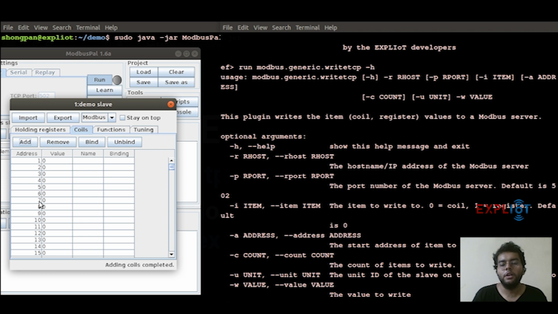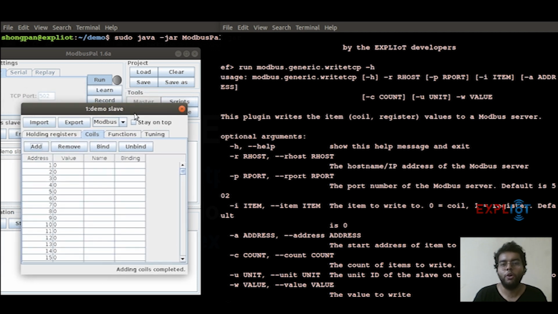So when we use our second plugin, which is the read TCP, you can probably notice that the value we have written is there, but it is not displayed in the same place, since this is again 1 base addressed and the table starts from 1. So there is this difference of 1 that you will notice. I request you to not get confused with that. Alright.